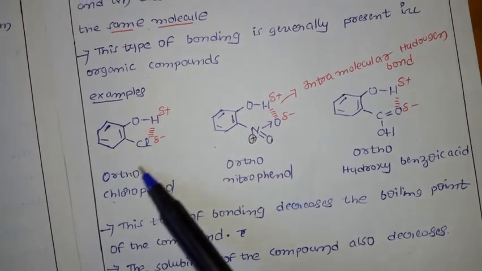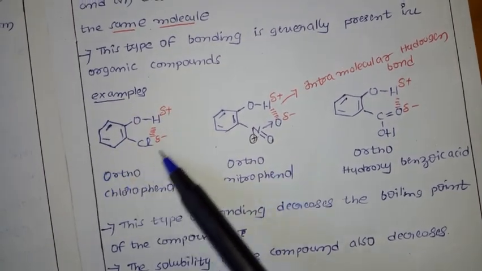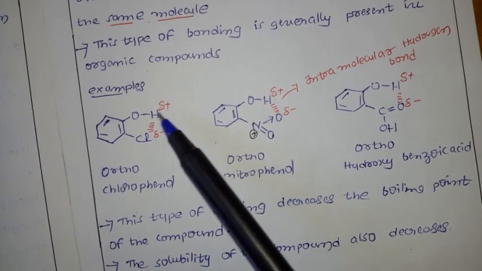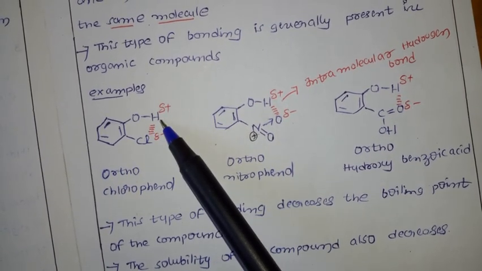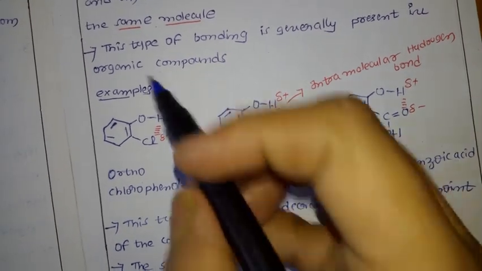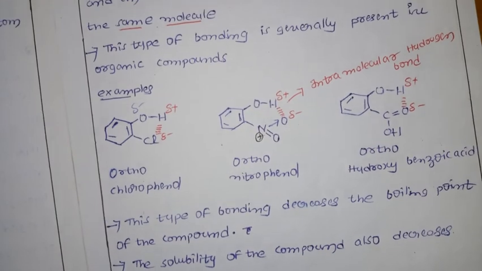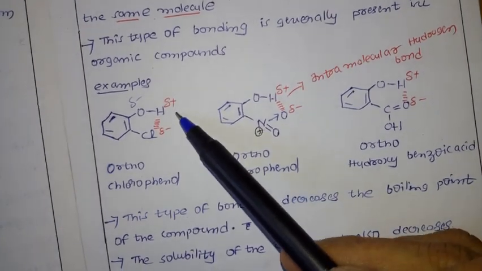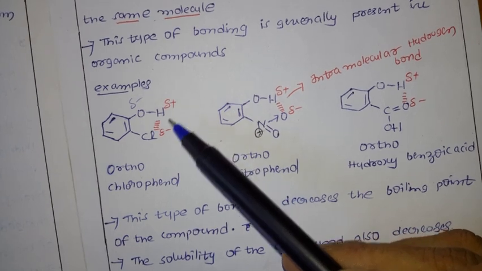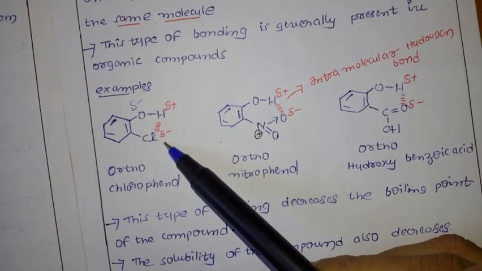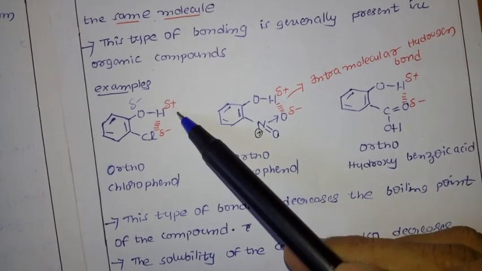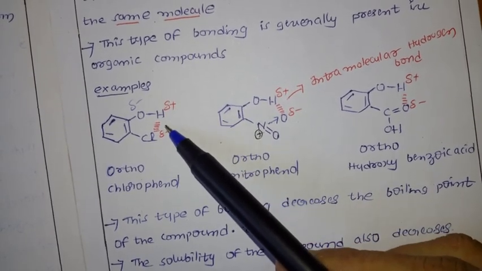This is one molecule, total one molecule. Now if you see the hydrogen bonding here, this is a polar covalent bond. In between, hydrogen gets the partial positive charge and oxygen gets the partial negative charge. So now, what is the hydrogen bond definition? Hydrogen having the partial positive charge with a highly electronegative element like fluorine, oxygen, nitrogen, sometimes chlorine. Here our condition is satisfied. Now what is this bond?